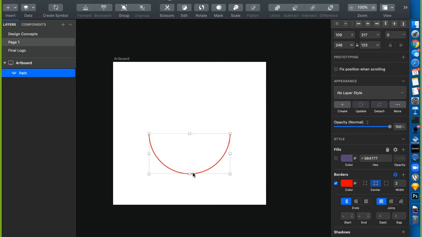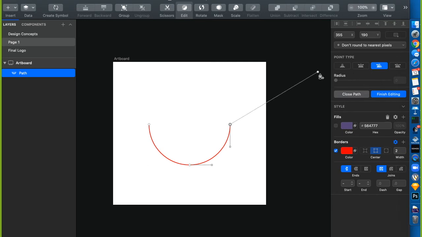It will also kind of bark at you when you export it. It will allow you to do it. If I go to edit right here and I look at the points, it has me wanting to continue this. So I can manually just do this. Manually connect it right here and it will close it for me. And that's the difference between an open path and a closed one. Open paths are going to lock you into trying to make you finish, because Sketch hates that. It's an incomplete design element,